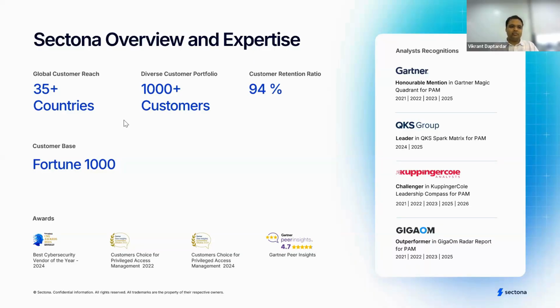Our customer base is Fortune 1000, and we have been consistently recognized by Gartner, KuppingerCole, and GigaOm. Some of these analyst firms have mentioned us multiple times in their reports, as you can see on the screen. Over the years, we have received a lot of recognition from our customers as well. We have been Customers' Choice on Gartner for consecutive years. So this is a little bit of our overview and expertise.